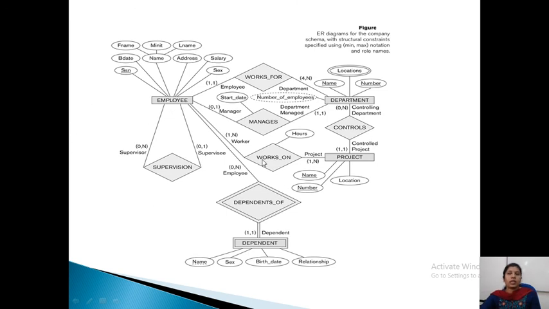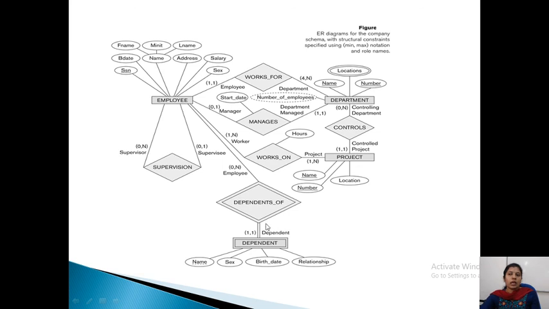And works on, employee works on project. So an employee can work on minimum 1 project he must work, and he can work on any number of projects. So minimum is 1, maximum is n. And the same way project must involve minimum 1 employee and maximum n number of employees. Then dependents, employee can have dependent or may not have, right? So if he is not having any dependent, that means minimum is 0 and maximum I don't know any number, so n, 0 comma n.